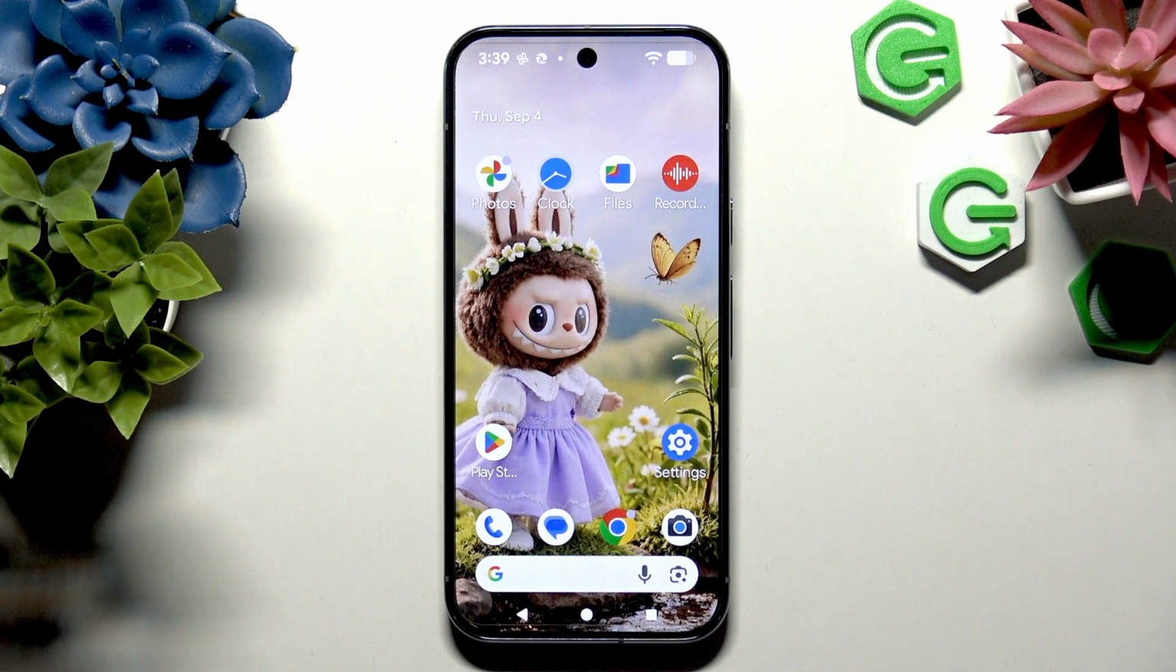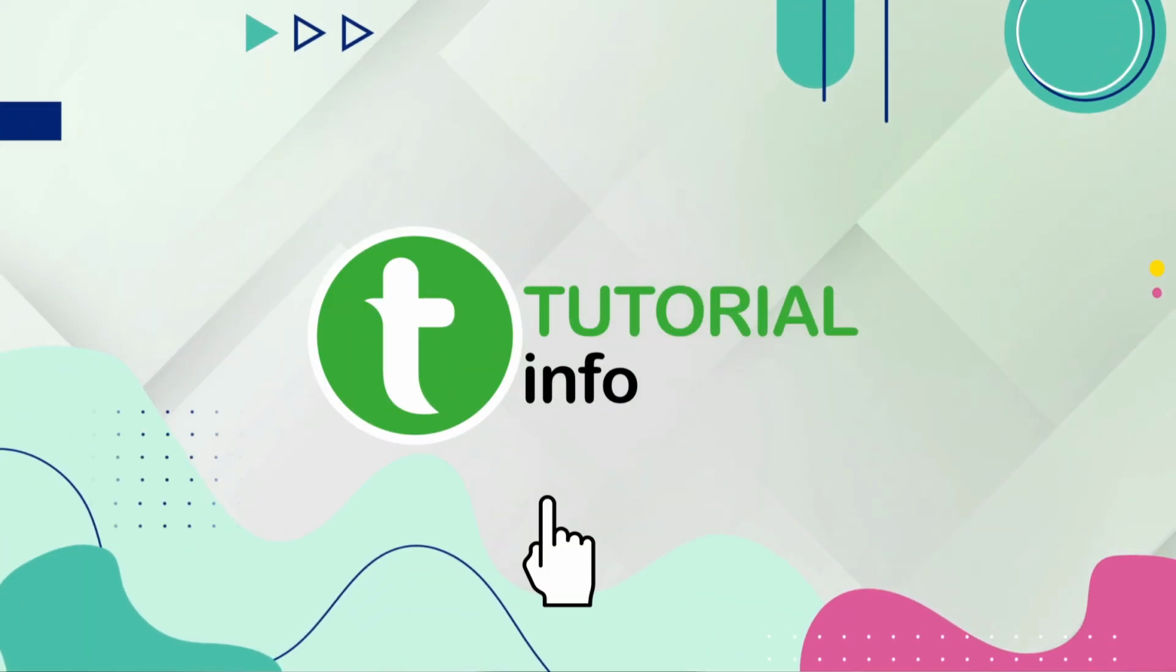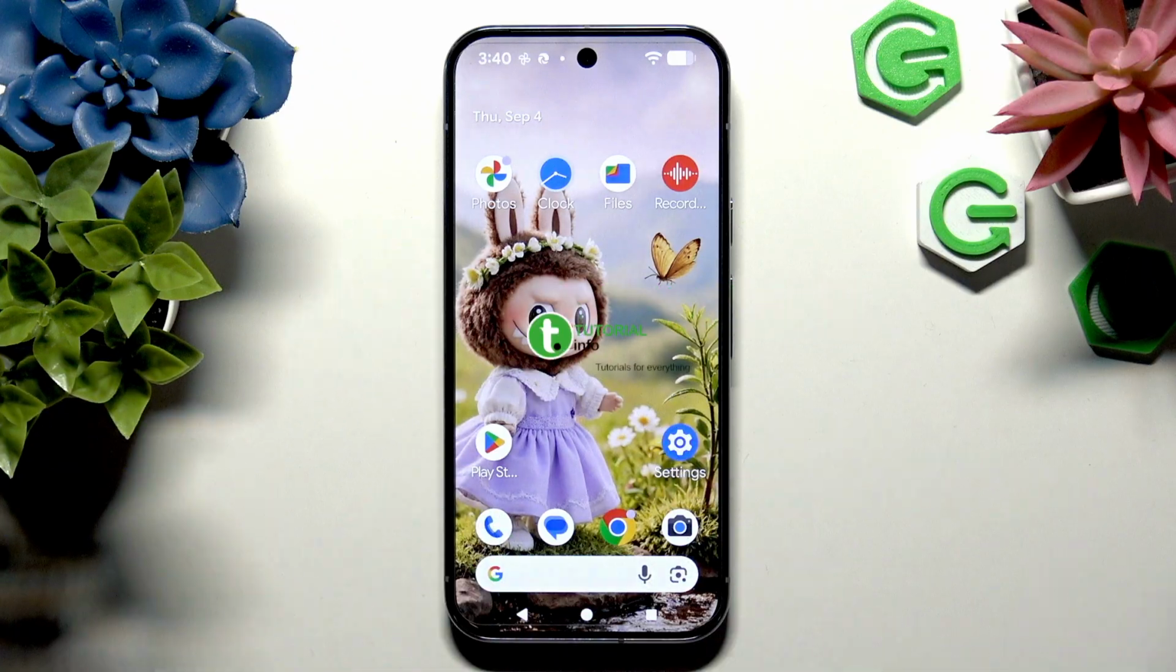In front of me is Google Pixel 10 Pro, and today I would like to show you how you can turn on or off adaptive brightness. Adaptive brightness is one of those options that people either really like or really hate. So if you want to manage it on this Google Pixel, I will show you how to do it fast